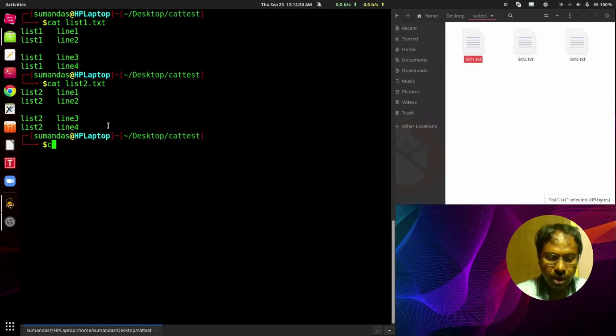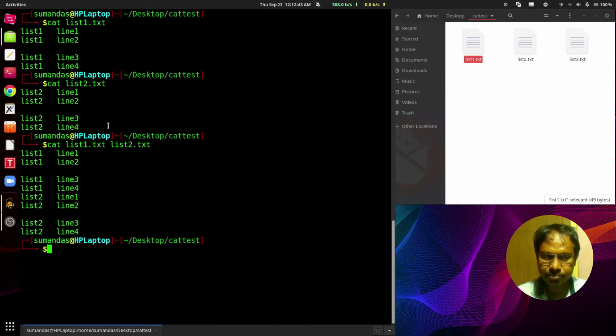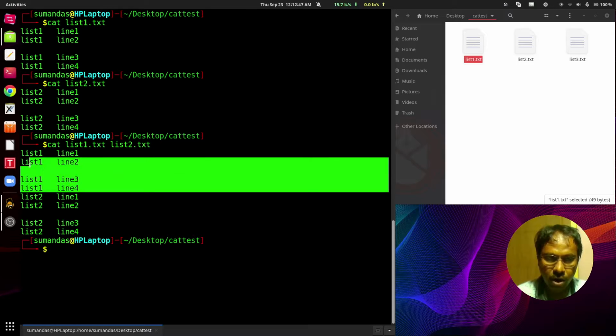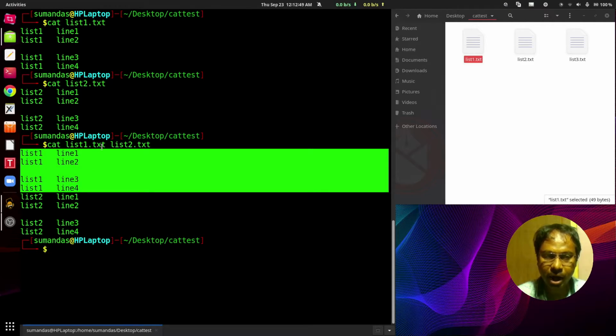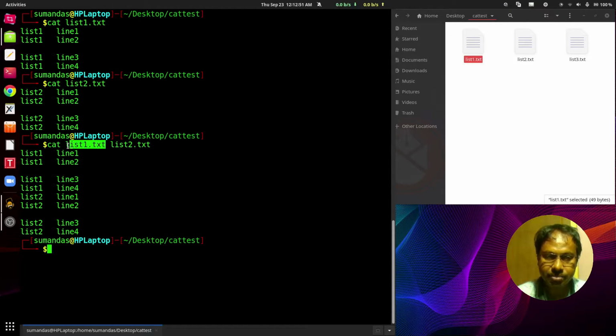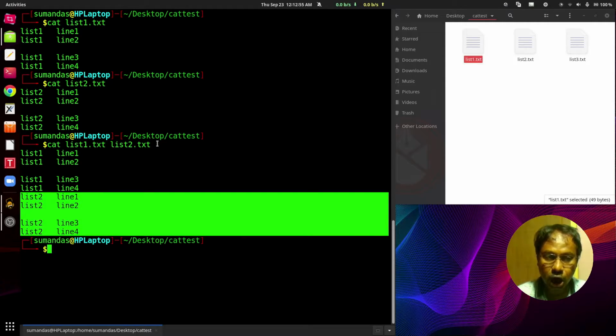And how? cat, then the first file list1.txt, then list2.txt. Press enter. Here we can check the first 4 lines are the content of list1.txt and the last 4 lines are the content of list2.txt.